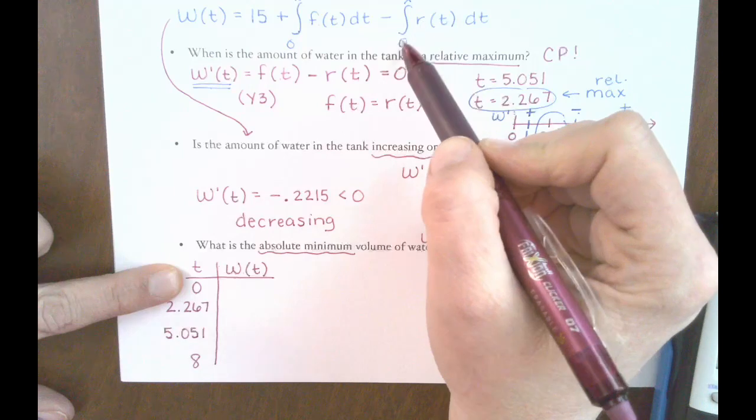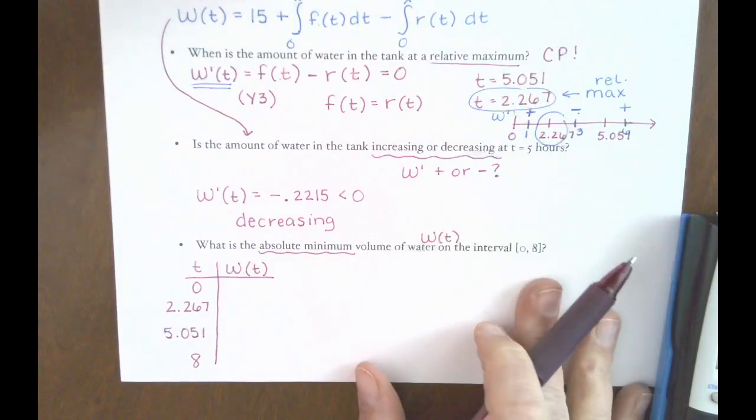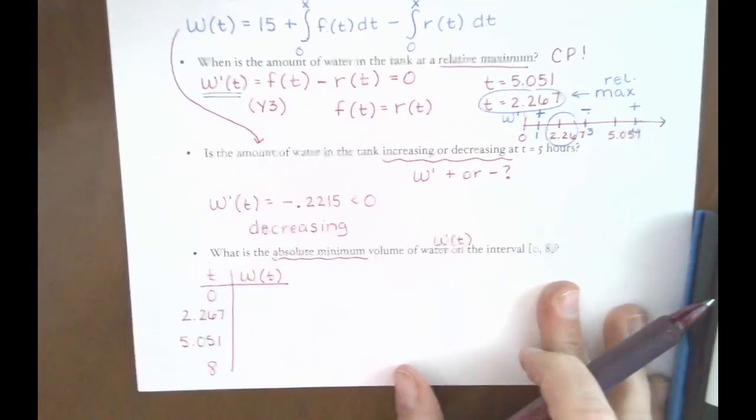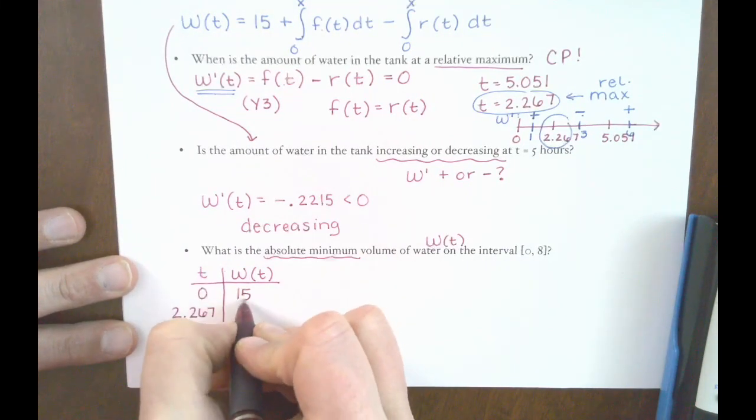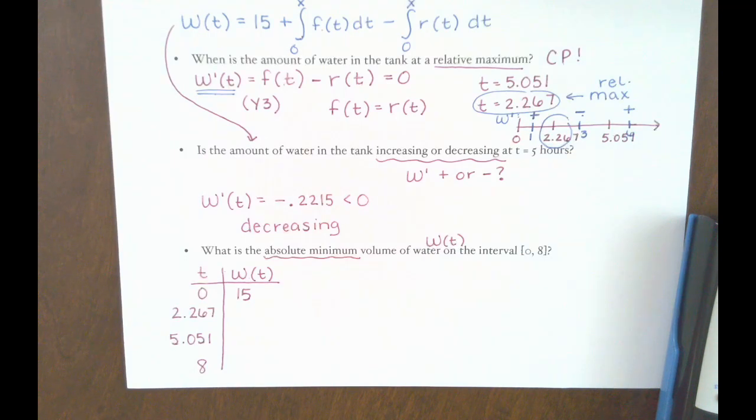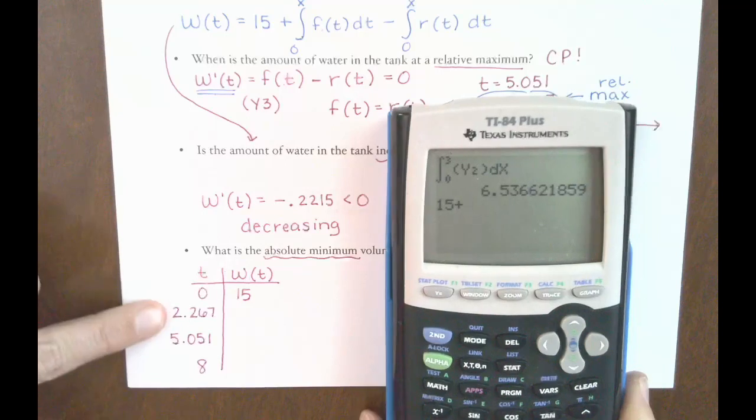And here, if I integrate from 0 to 0, that's a big fat 0. And so it should make sense to you that at time 0, all I have in there is the 15, because that's what it told us at the beginning, that 15 was our initial value. Okay, now let's actually use our calculator to do the calculation at